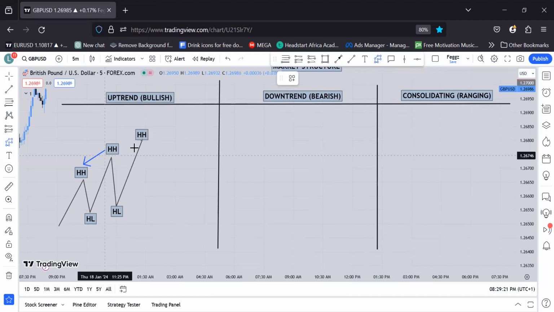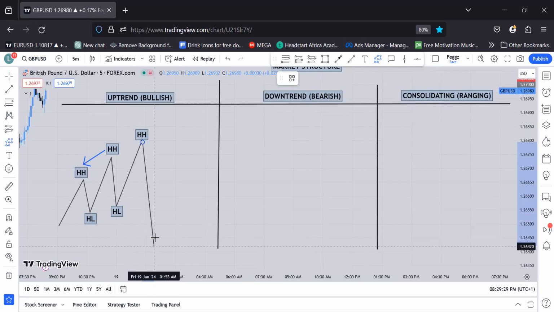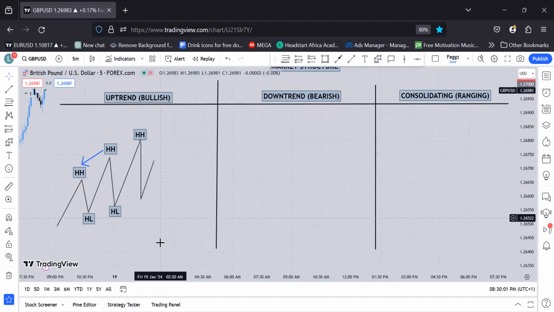Many things can happen. As price is coming down, it can come below this. It can just change direction. So what is the point here? Before you can classify something as a higher high, let the low not be lower than the previous low. You get that? Before you can classify a low as a higher low, let that low not be lower than the previous low. So if the market stopped here and then started going up, and it stops here, and it stops here,